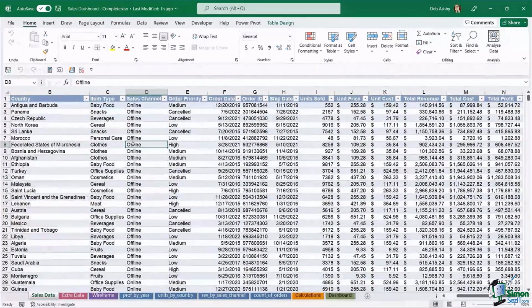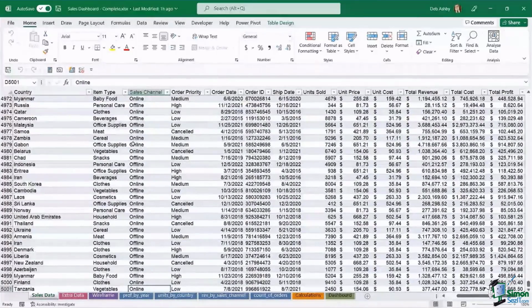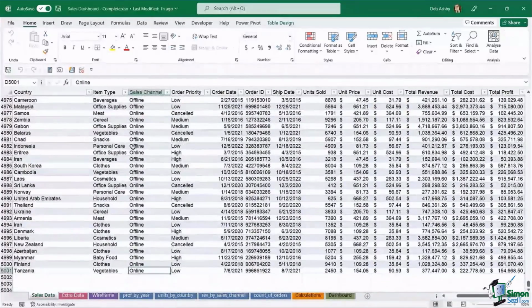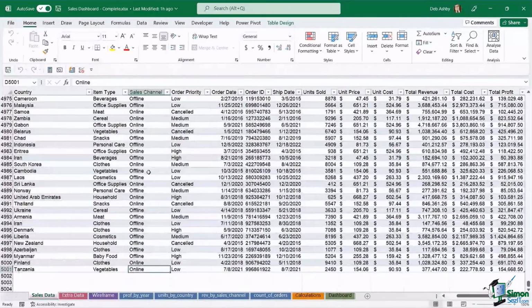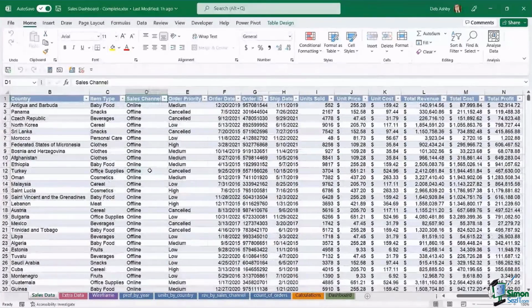So if I jump to the bottom, Control Down Arrow, first little shortcut key just there, you can see 5001. If we account for the heading, that's 5,000 rows of data. So this is a fairly sizable data set that we're going to use to build this dashboard. Now, one thing that you should be aware of, first of all, is that I've already sort of skipped ahead